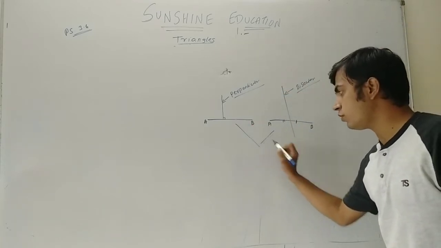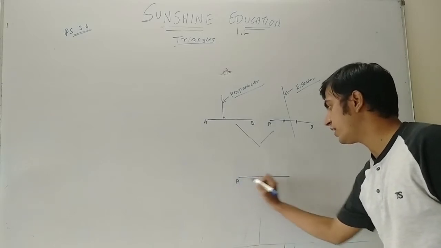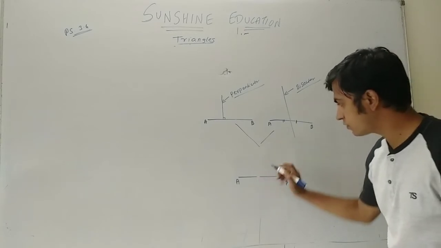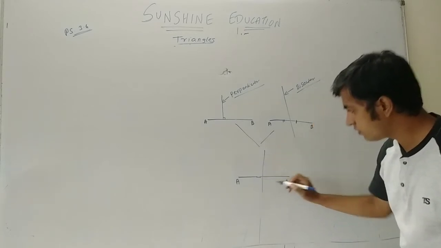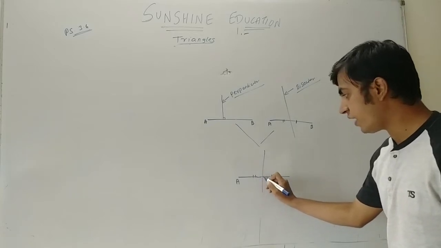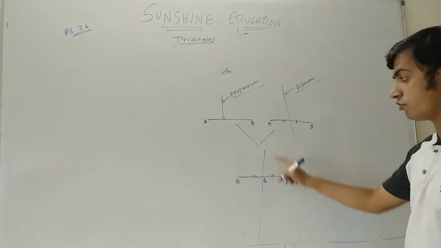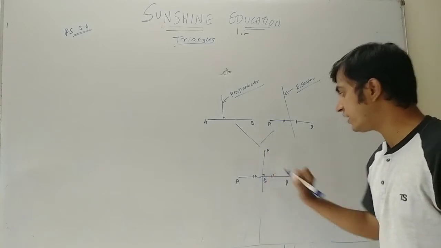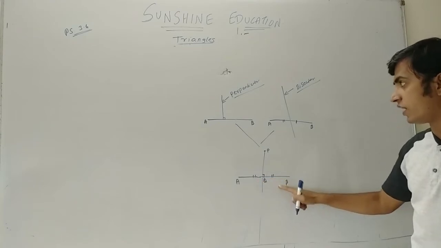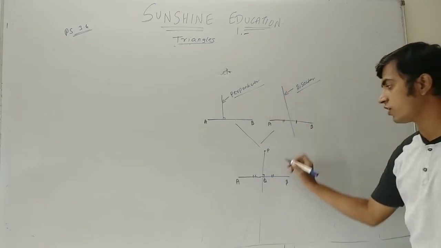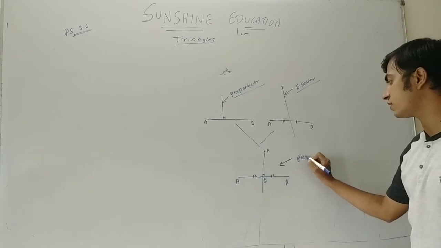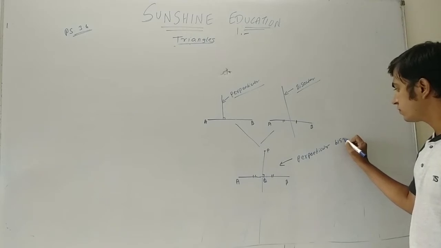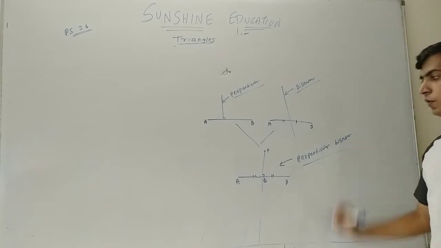But for a combination of both, we have line AB and we have this line which is dividing AB into two equal parts. Therefore, it is a bisector. As well as this is also 90 degrees. It is dividing into equal parts and it is also 90 degrees. Therefore, it is called perpendicular bisector.